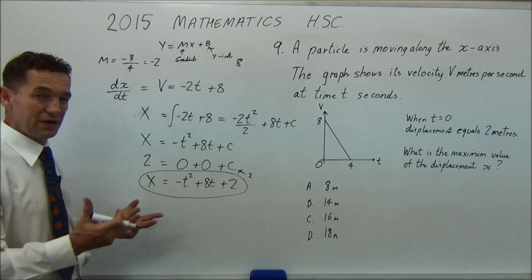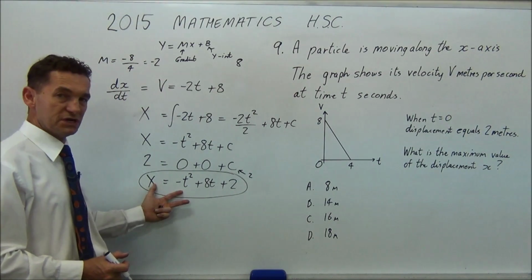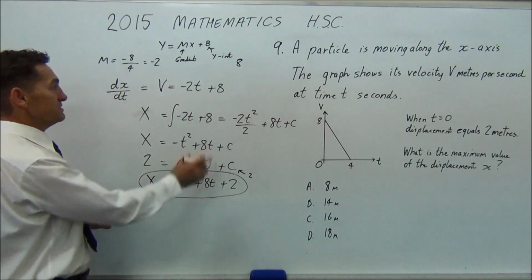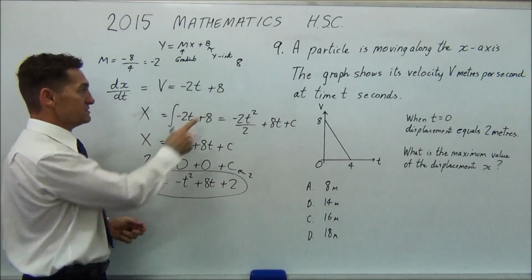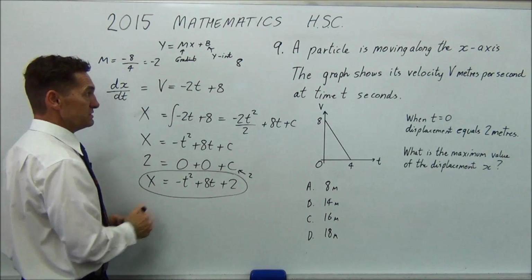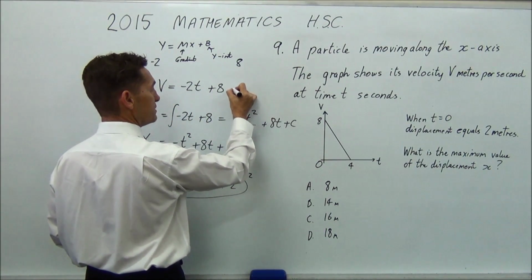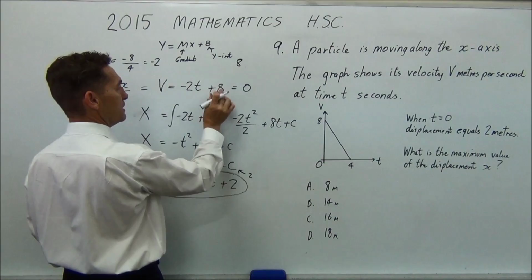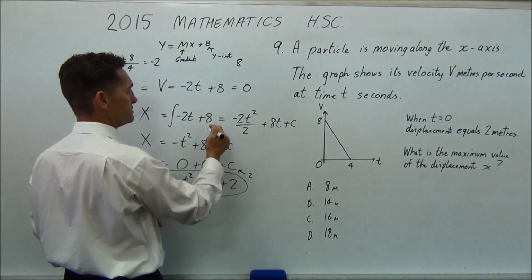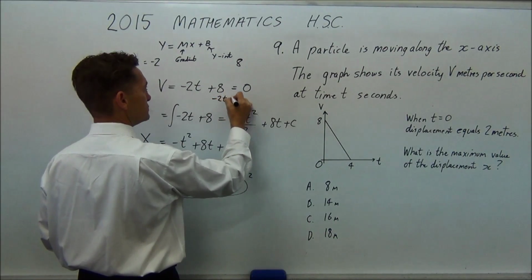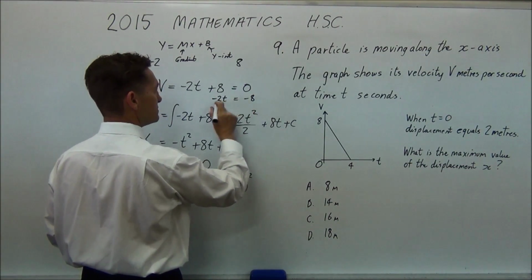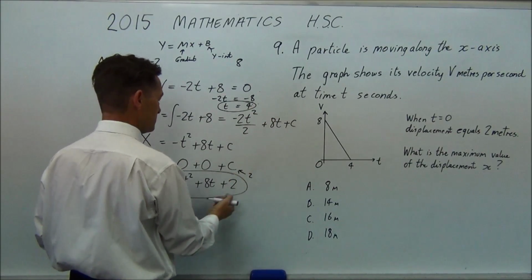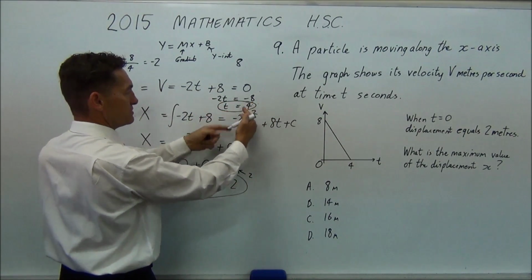What is the maximum value? How do you figure out the maximum? Well, you differentiate it and put it equal to 0. If you differentiate that, you get the velocity equation, which we started with. So let's put that equal to 0 and figure out what t is, and then put t into there. Minus 2t plus 8 equals 0. If I move the 8 across, minus 2t equals minus 8, divided by minus 2, t equals 4. So that is when the maximum occurs. Differentiate, put it equal to 0, get our value,